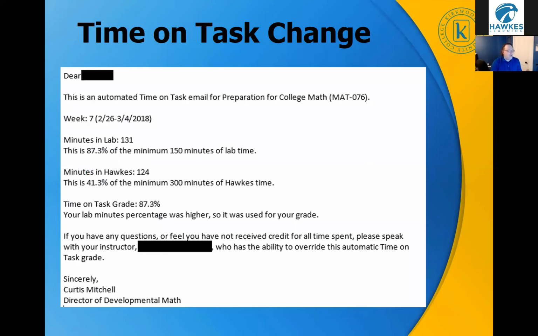So for that semester, we sent out a weekly email that would basically break down their time in the lab, their time in Hawks, and what their time on task grade was for the week and why. And then give them contact information, remind them who their instructor is, so they can contact their instructor if they think that, you know, they forgot to swipe out one day, so some time didn't get logged. So we did this for a semester,